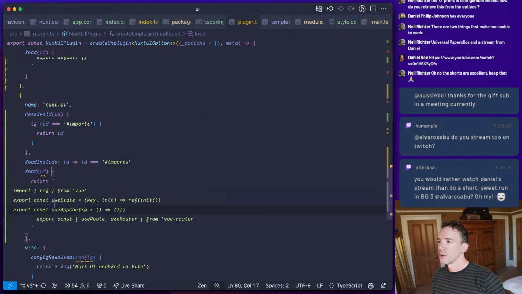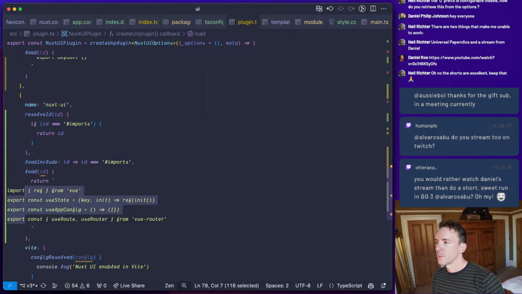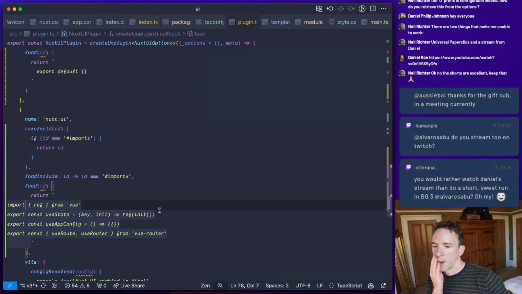Okay, so those should be pretty basic stubs for our auto imports for now.